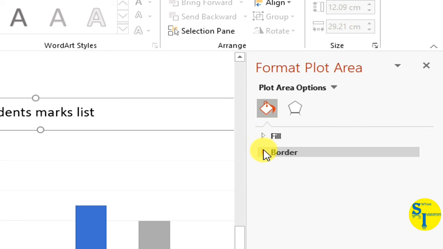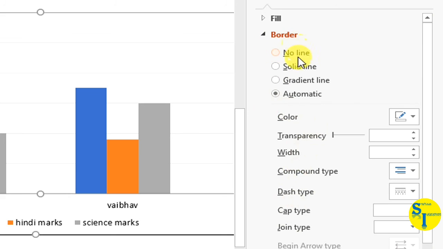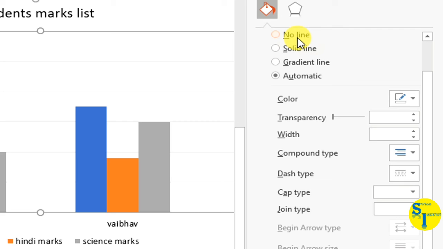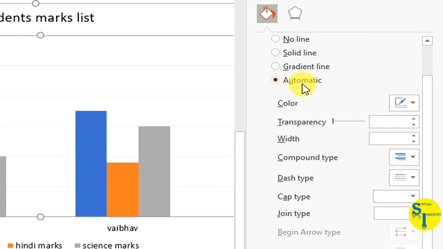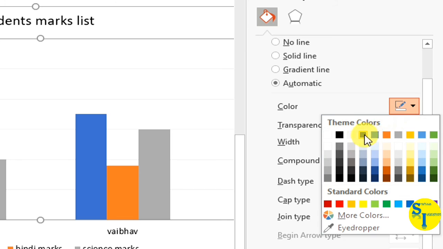Now student, you can select border color, border width, different types of border, border style.